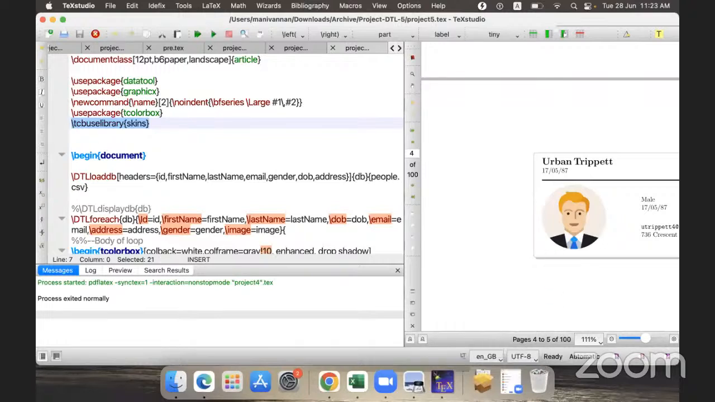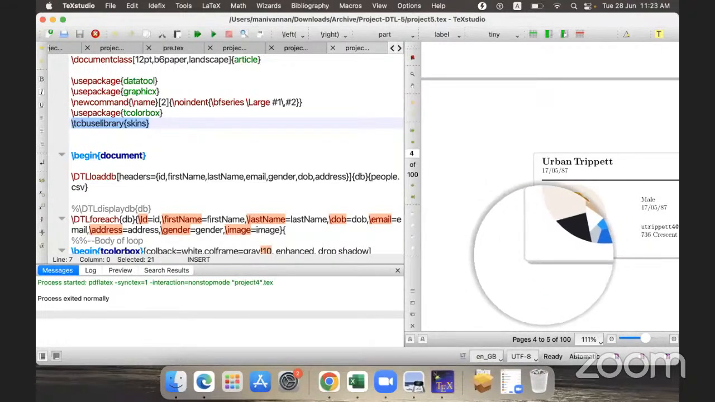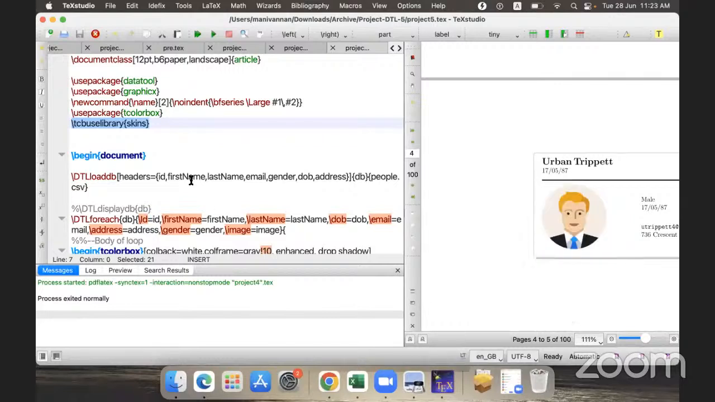Actually, skins, here we are having 2 layers, see, bottom and above, 2 things are here. That's the skins here we are using. So the tcbviews library here we are using it. This is skins, and then this tcolorbox is what we utilized. So using the newcommand,